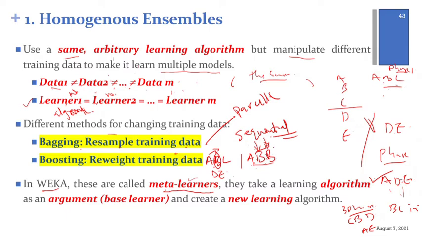They call them meta-learners. What they do is very simple. They just take in an algorithm as an argument, the base learner. You just indicate in your Weka that, okay, I want to build a homogeneous ensemble using neural network. So Weka will automatically create as many new models as possible for you. It will create multiple ANN base models